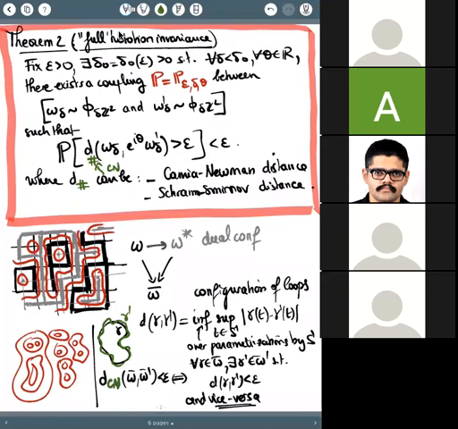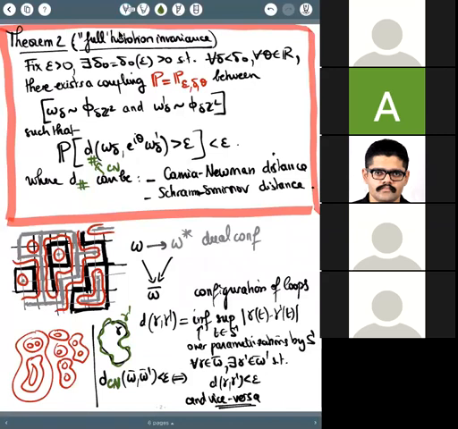Because if you take a loop in omega bar, which has radius smaller than epsilon, you only need to find another loop in omega bar prime, which has radius smaller than epsilon and is close to the original loop. You almost only need that, and this comes for free, basically. So the Camia-Newman distance is really going to be larger than epsilon if a big loop is kind of alone, that is, in the other configuration, you cannot find a big loop which is close to it. So the Camia-Newman distance, really think of it as a large loop distance.